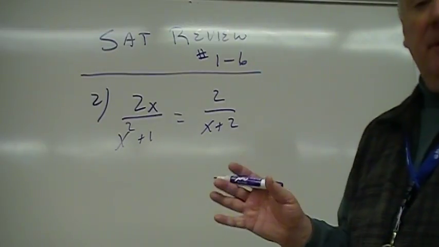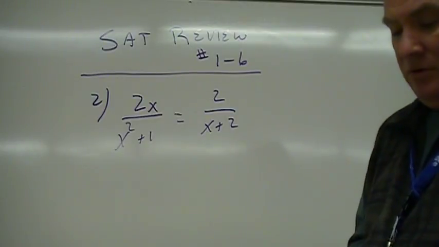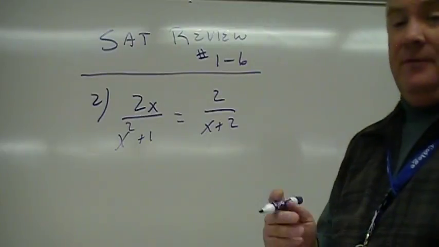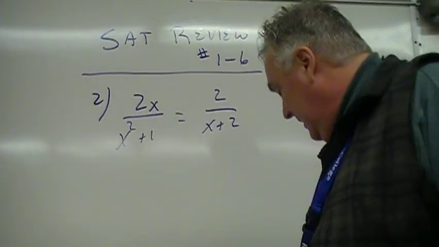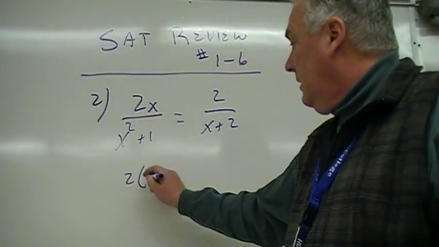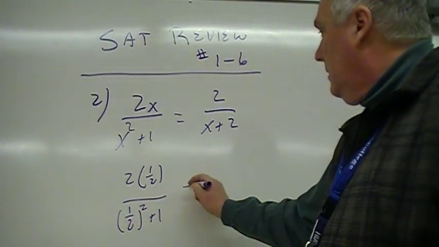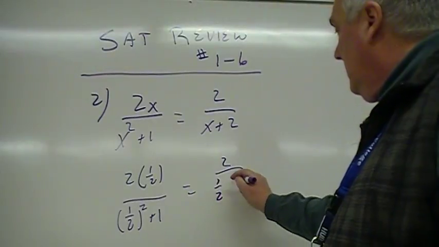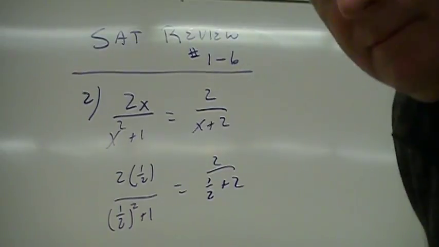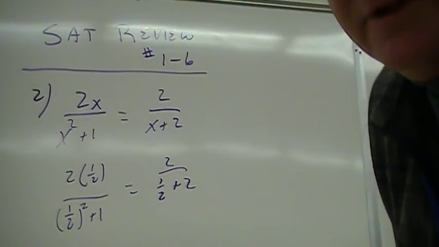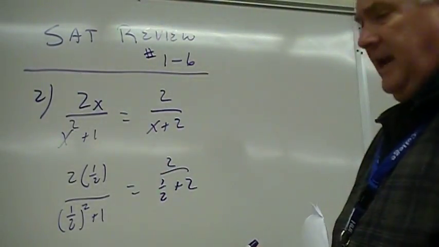I saw some students in class use decimals for these. You could use 0.5 or 0.25 for some of these when you substitute in and go through them. So what it would mean is that you're substituting 1/2 for everything. And we need to see if they're equal. I'm going to turn this a little bit this way. So, once we substitute in 1/2,